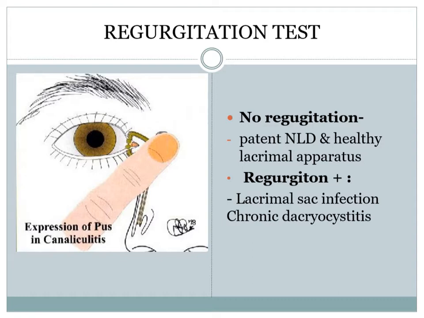So, in the presence of any infection in the sac, you cannot operate on the eye. That is, you cannot perform any kind of intraocular operation, because if you open the eye in the presence of infection around the eye, you will be giving the organisms a path to enter into the eye, which will lead to a dreaded postoperative complication, that is your endophthalmitis. So that's why your regurgitation test is a must.